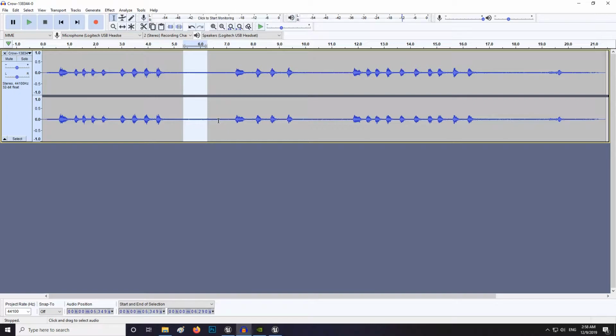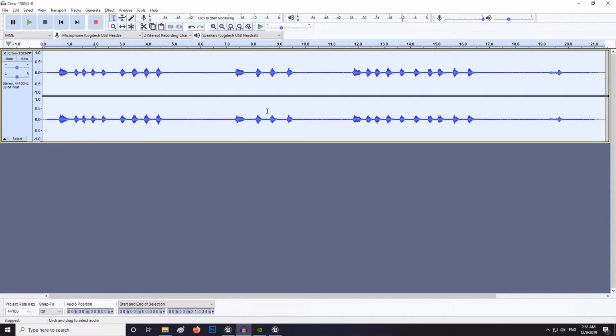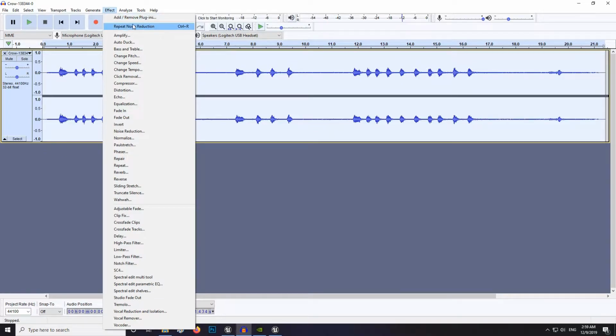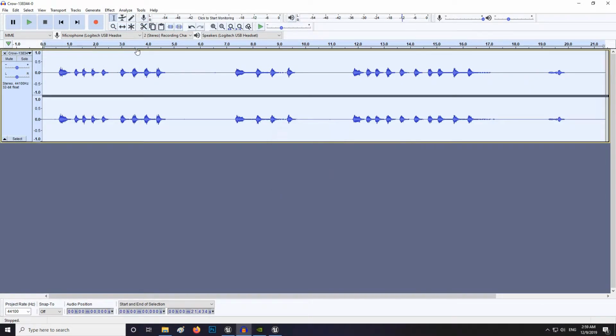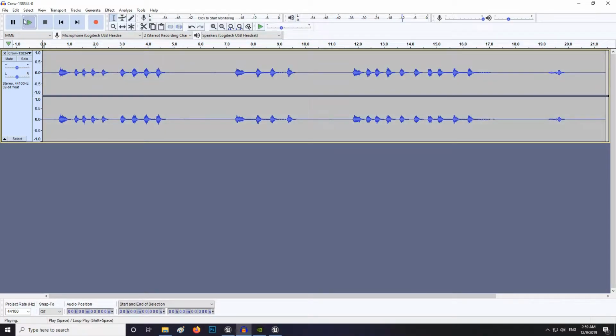So what this is going to do is that it's going to identify this sound wave inside our track, and if I go again and select the whole track and click effect and repeat noise reduction, you're going to notice right away that they are gone. And if I play the scene once more, we barely hear it,